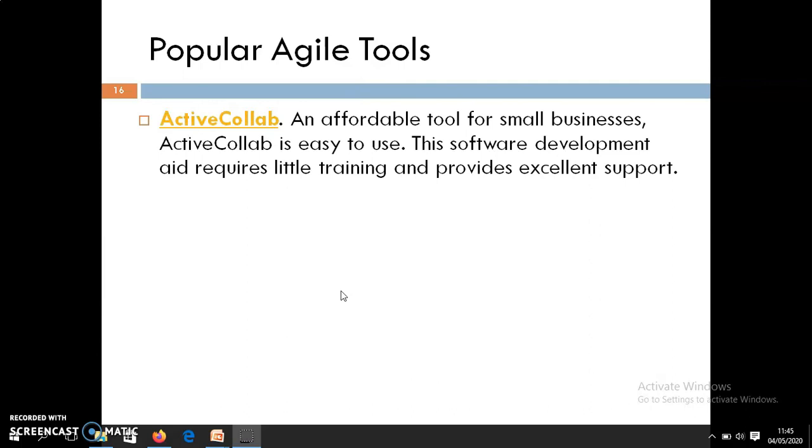Other agile tools: there are many popular agile tools currently used in the industry for agile software development. These agile tools help us to manage software, to track software, and to check the roles and responsibilities given to the team members. The first important agile tool is Active Collab.